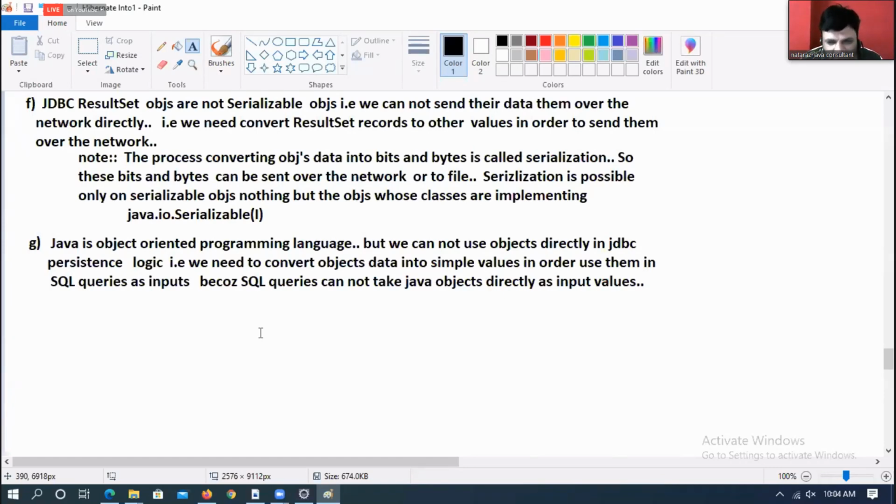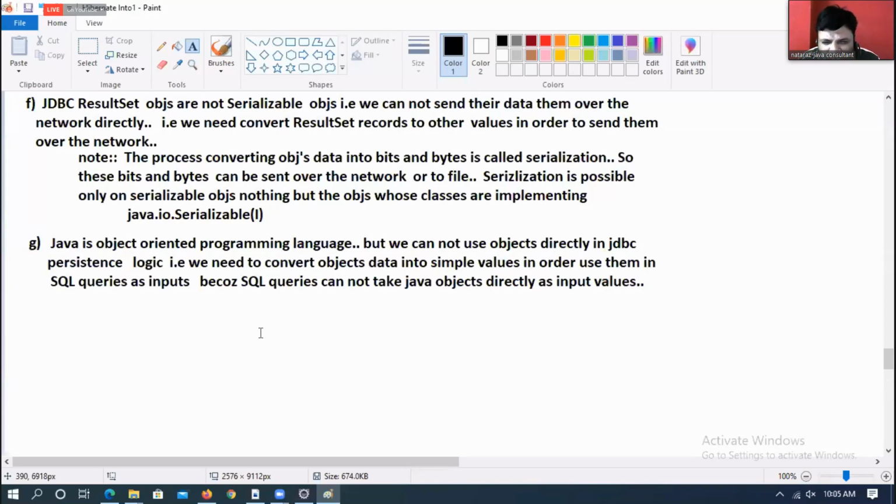The same thing here. We are working with Java. Are you understanding my point? In Java, everything is an object, but we cannot use those objects in SQL queries as inputs. If you want to use object data in SQL queries, we have to convert it into simple values first.